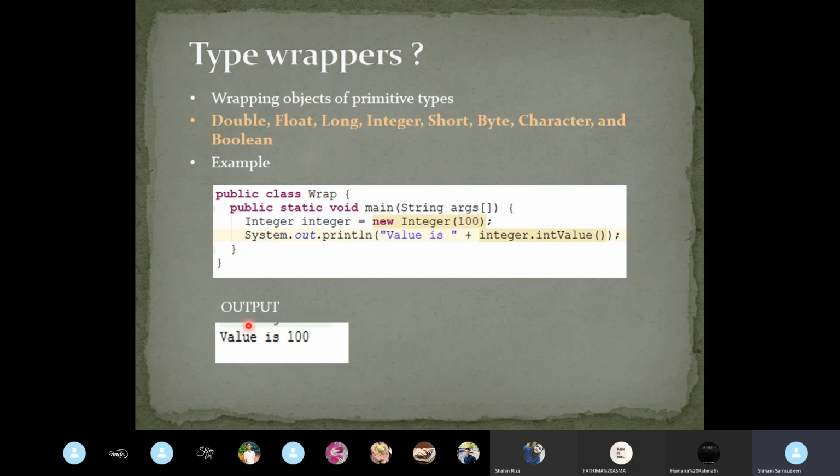So actually, why do we need to do this? We already have an int, right? Simple int, and why do we need a type wrapper for this? Anybody has any answers? Okay, so the answer is actually, if you wrap in an object or a class, you can actually control the